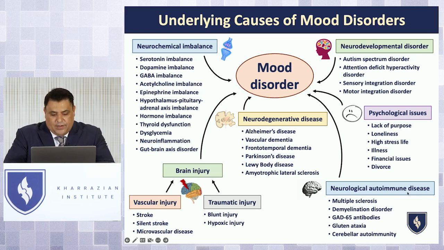And that's very important. You have to understand that a lot of people will have depression as their earliest symptom when they start to get Alzheimer's disease and neurodegenerative diseases. So things like Alzheimer's disease, vascular dementia, frontotemporal dementia, Parkinson's disease, Lewy body disease, these are all things that can cause people that have chronic mood disorders. And with them, you have to really work on their neurodegenerative disease. You've got to get their brains healthier. We're going to talk about strategies to do that.